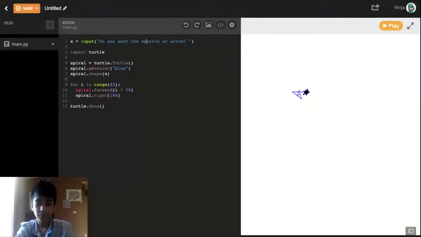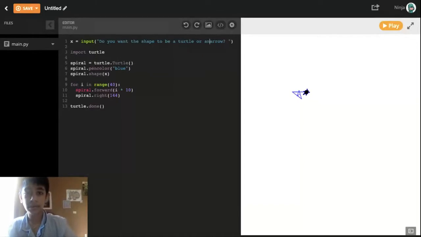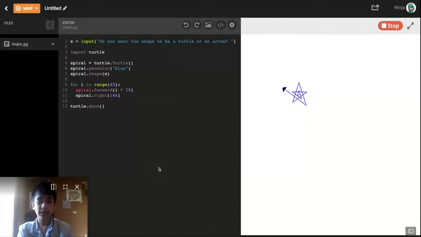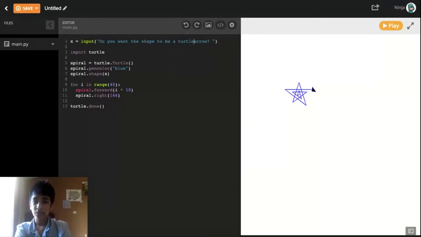Shape to be a turtle or an arrow. Let's play. Say arrow this time. Let's then change to an arrow. It worked. Now, I am going to stop this and add maybe more, like turtle, arrow, or